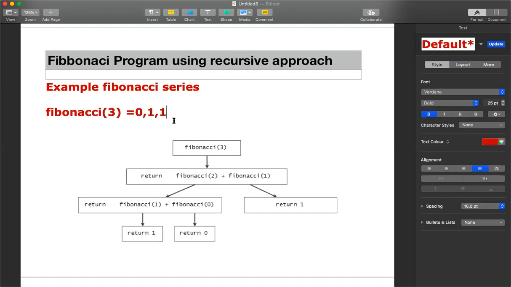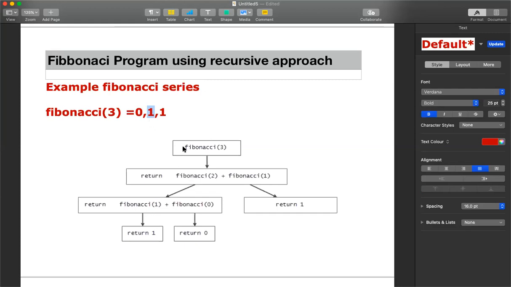Now if you want to generate a Fibonacci series of 100, we don't know what the 100th number will be, but we know that the first number is 0 and the second number is 1. These are nothing but your base cases. The first number will always be 0 and the second number will always be 1, but you can't easily predict the 100th number. So when Fibonacci of 100 is given, we have to make sure it gets reduced to Fibonacci of 0 and Fibonacci of 1, because we know the answers for the 0th and first positions of the sequence.